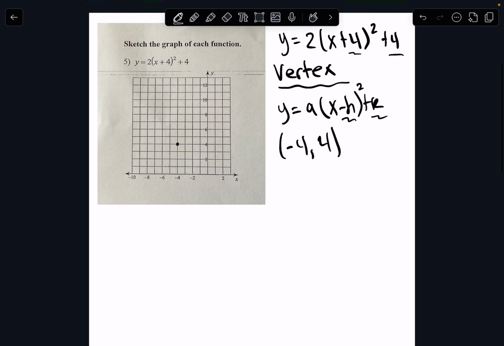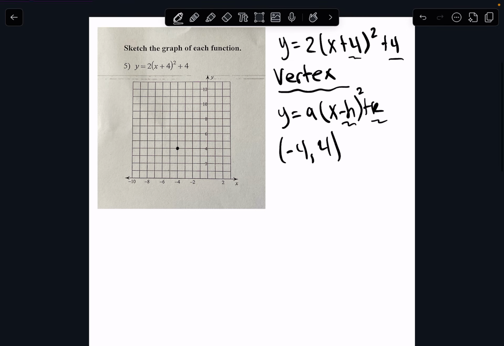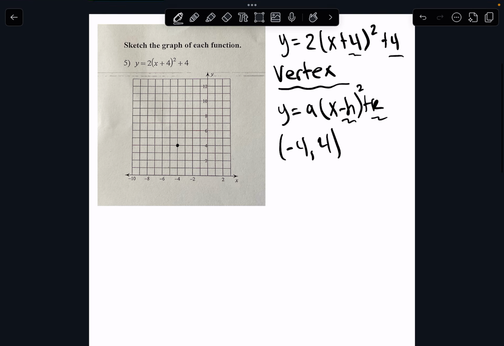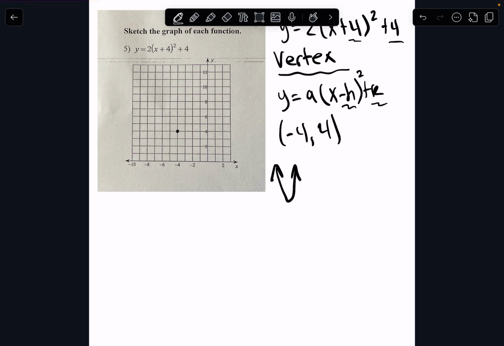Okay, so after we find the vertex, our next step is going to be looking to see if our graph smiles or frowns. To do that, we look at our a value, which for us is 2. We're looking to see whether the a value is positive or negative. Obviously 2 is positive, which means our graph is going to be smiling. It's going to look something like that. Since our graph is smiling, it's not going to cross this x-axis right here,